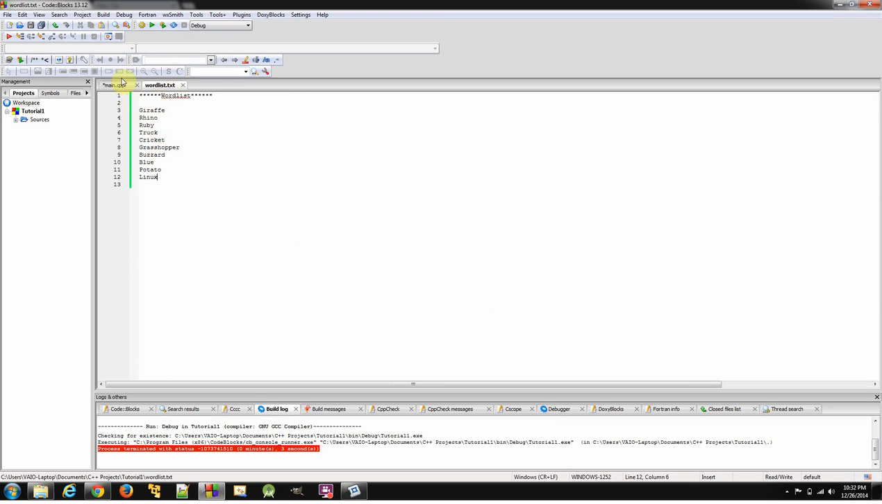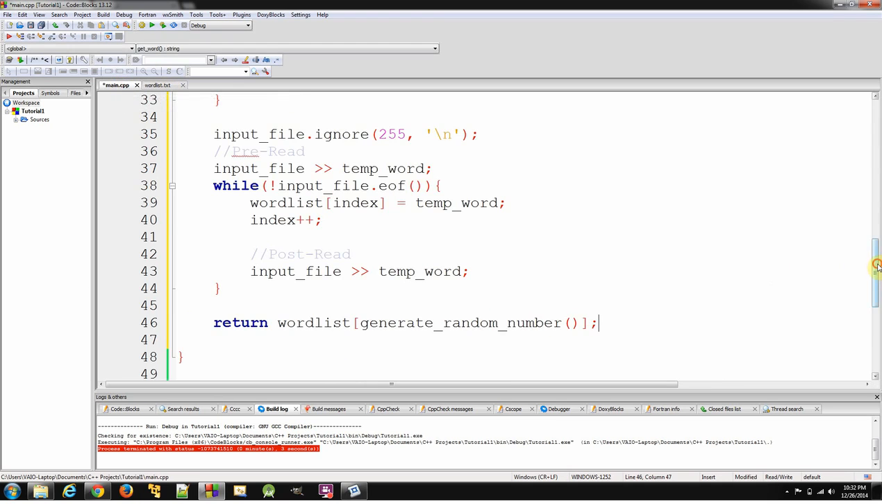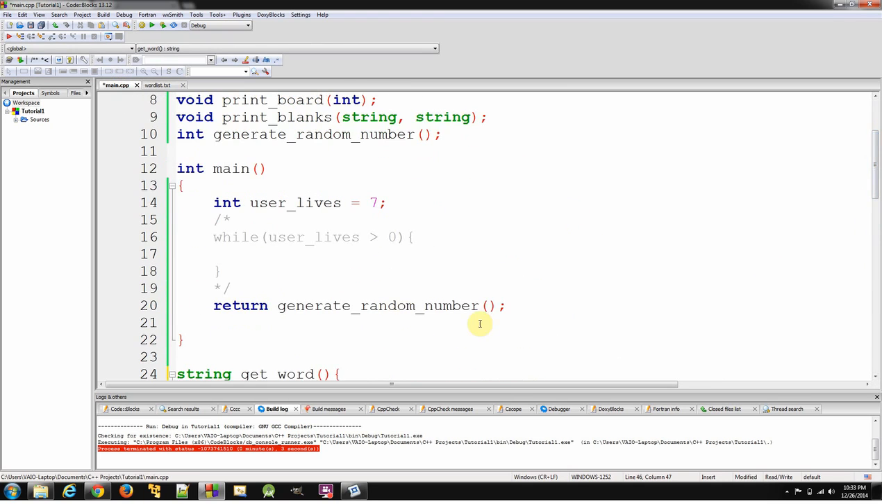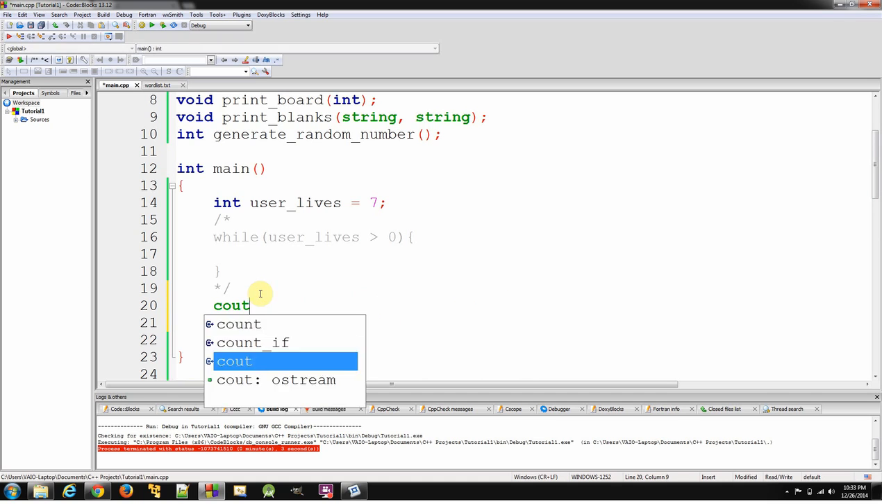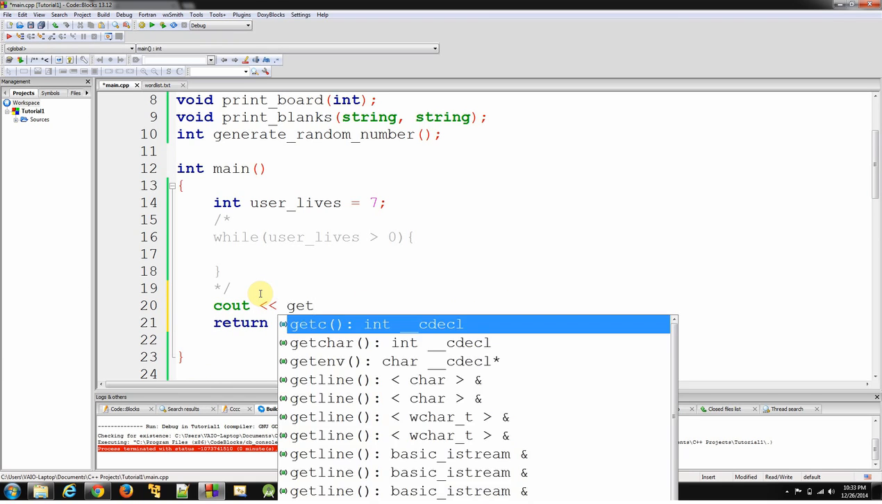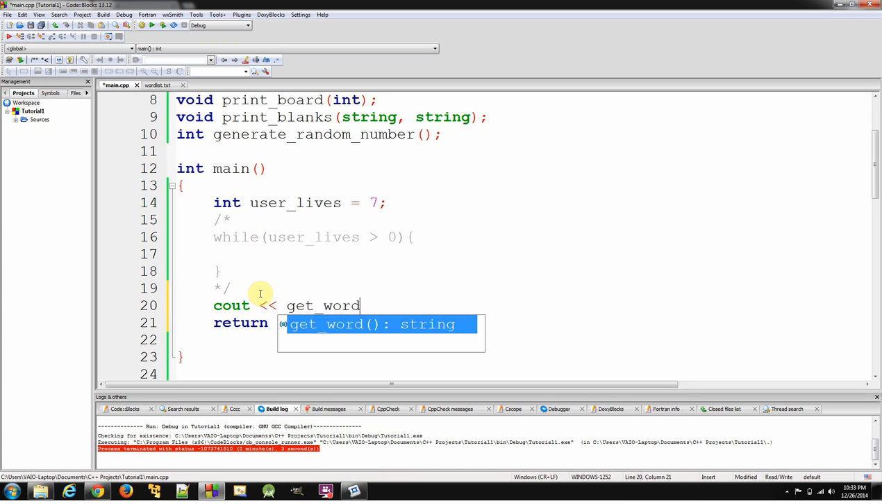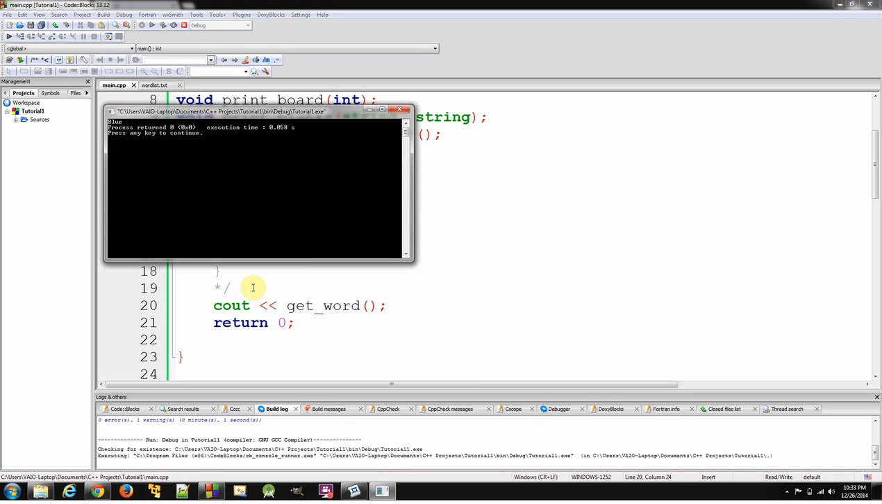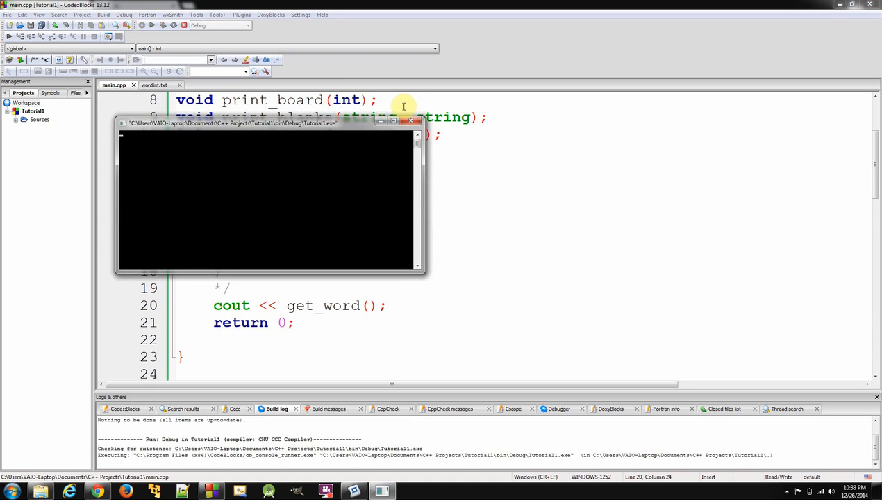It will return a random index of this word list, which is populated with these words. And just to show you that, if we go up to our main function here, we were returning a random number before. We'll go ahead and put that back to return 0. We're just going to cout get word and make sure it works. And if we do that, we get the word blue. If we run it again,